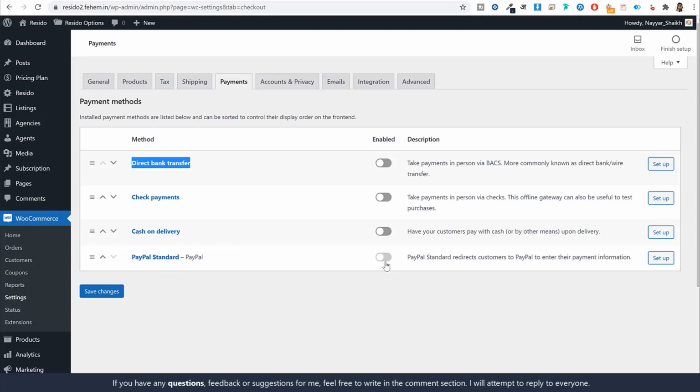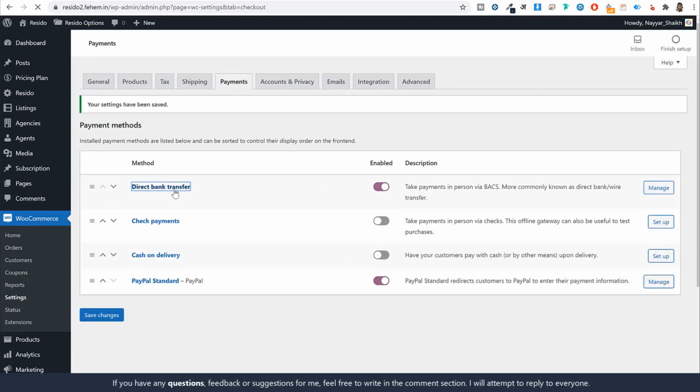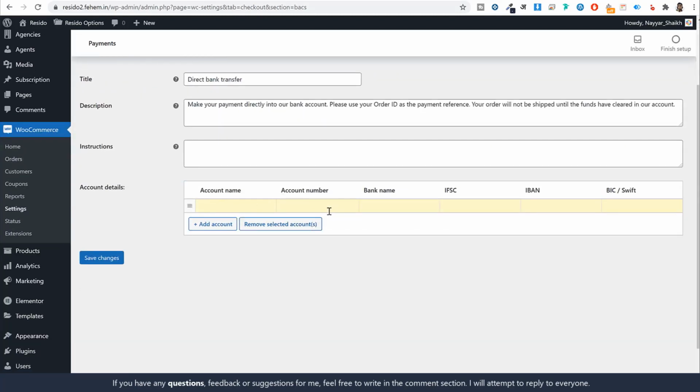You can enable PayPal, and let me just enable direct bank transfer just to show you how it works. Now click on save changes. I have enabled two different payment gateways. So if you enable direct bank transfer, you can come over here. You can add your bank account details. So your account name, whatever your account number is, you can add that number. You can add the bank name, and after that, you can add IFSC code, you can add IBAN, SWIFT, all these codes, and click on save